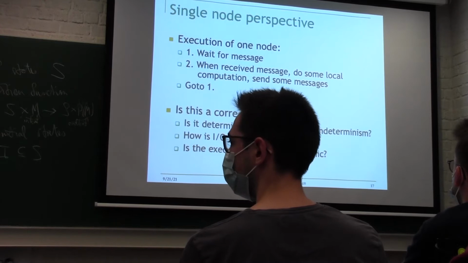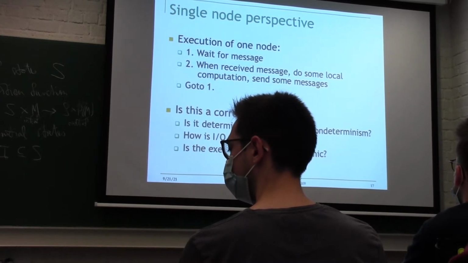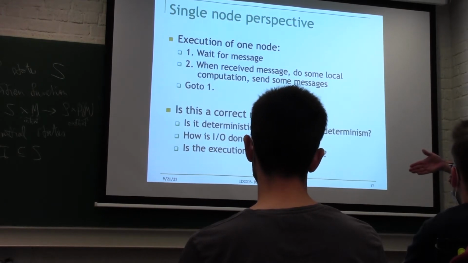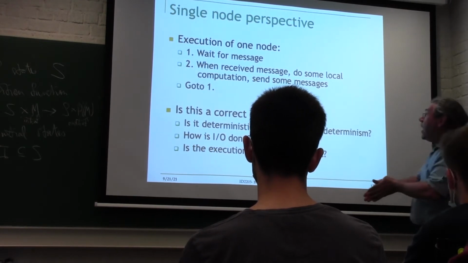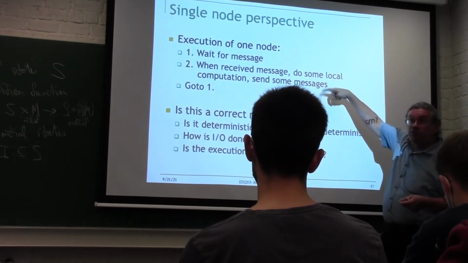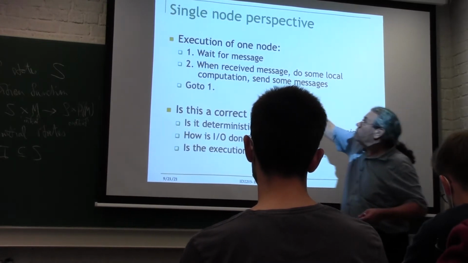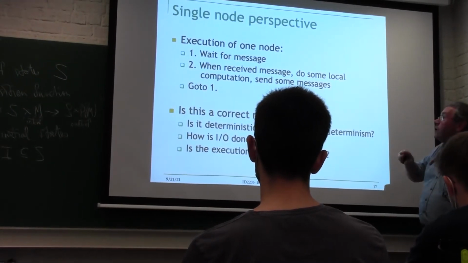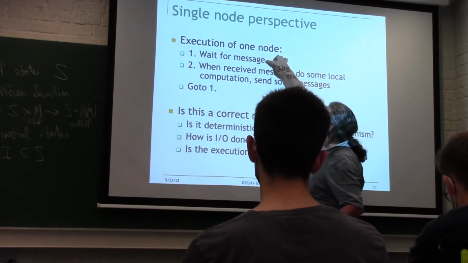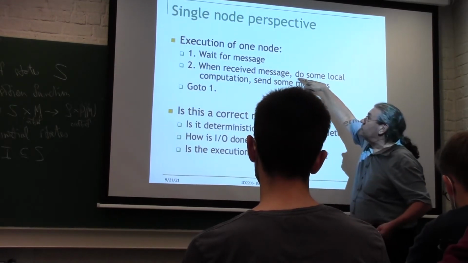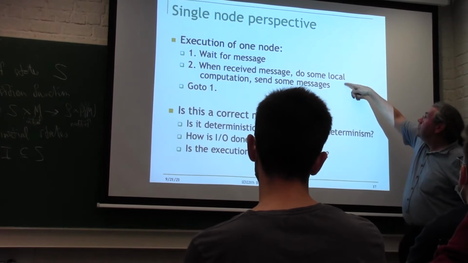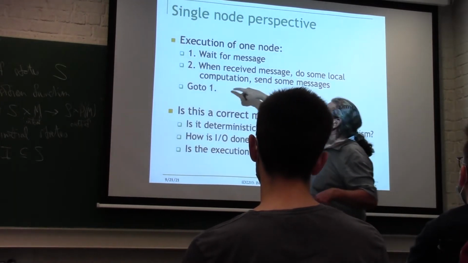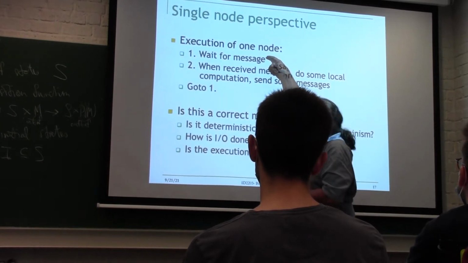It will always be in one state. Yes, it's always in a particular state. A message arrives, and then it goes to another state. In fact, we never see the intermediate. This might be a very long computation, but we never see it, because we only wait for a message here. We're never going to interrupt this computation. It might take a long time, but we only wait for the message when the node decides.